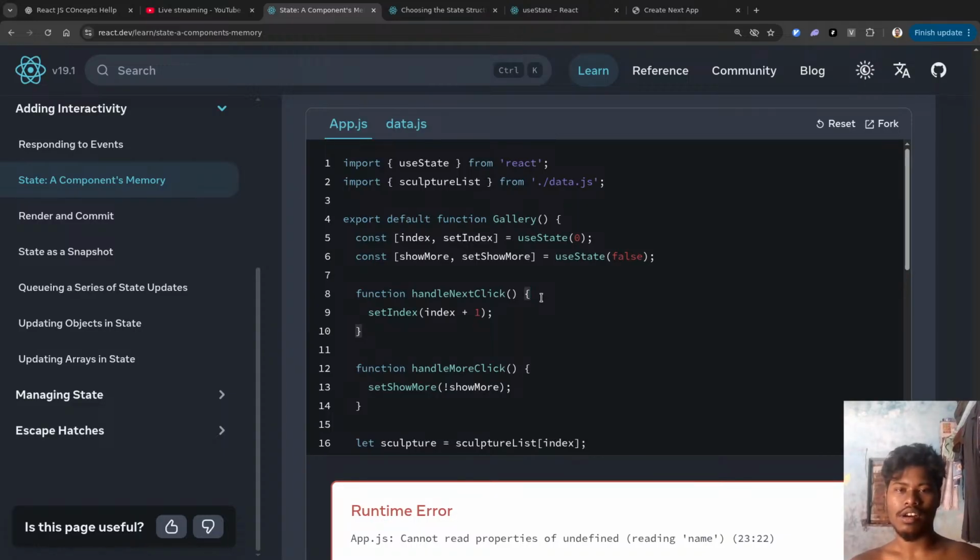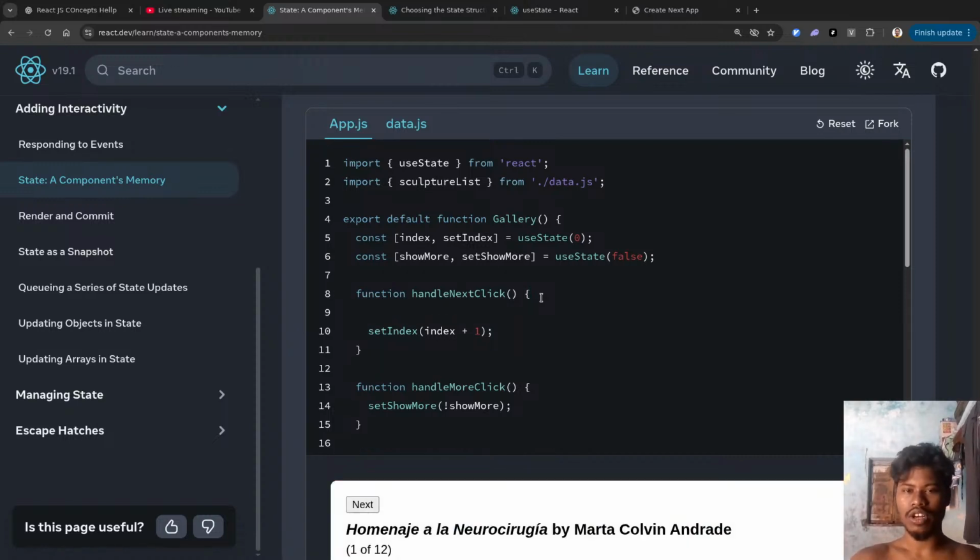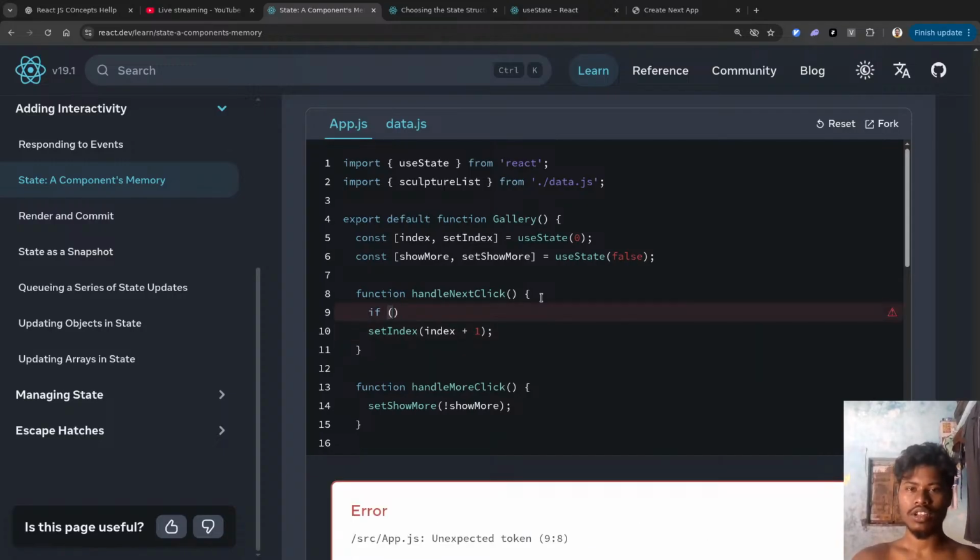How do we do that? The index is starting from 0, right? So the index will go up to the length. Okay, so we'll say if index